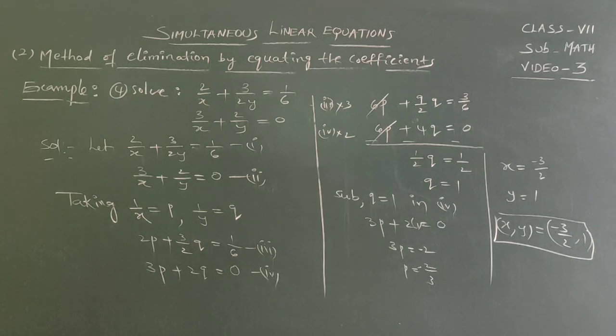By subtracting first from second, we get half q equal to 1 by 2, q is 1. Substituting q value in fourth equation, 3p plus 2 equal to 0, p equal to minus 2 by 3. We want the value of x. Reciprocal of minus 2 by 3 is minus 3 by 2. Reciprocal of 1 is 1 only. The solution is